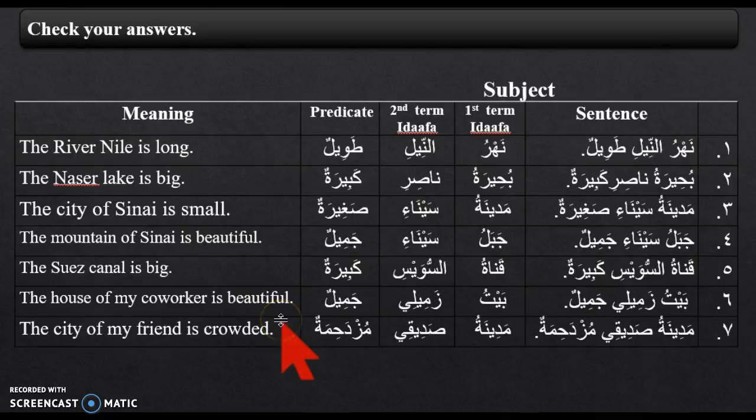Let's check the answers. رقم 1. نهر النيل طويل. نهر is the first term of إضافة and النيل is the second term of إضافة. نهر النيل together is the subject of